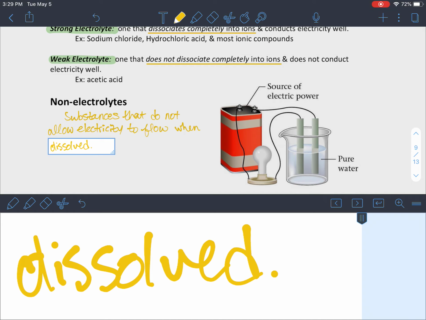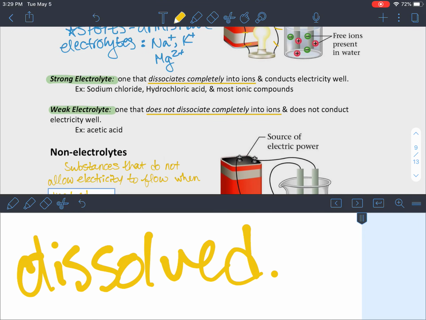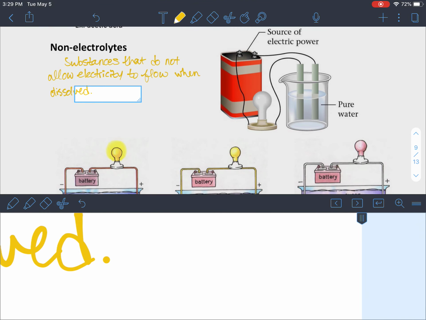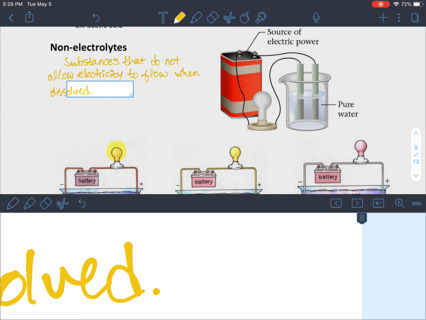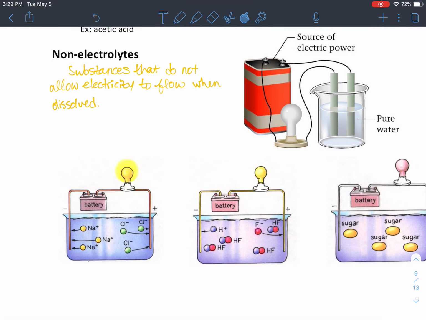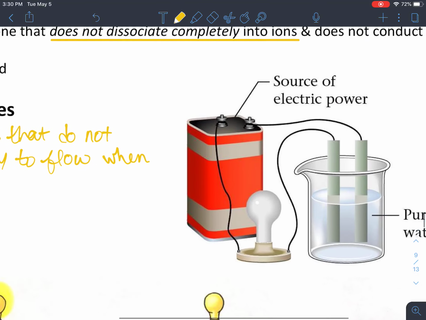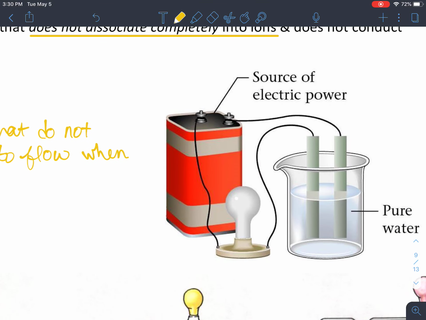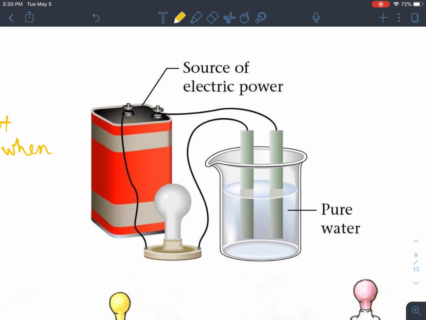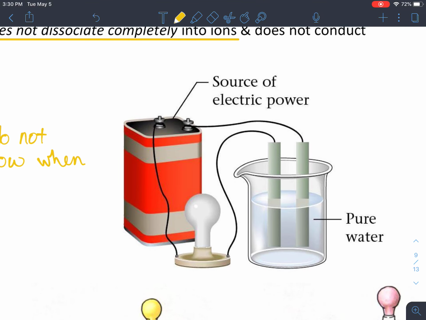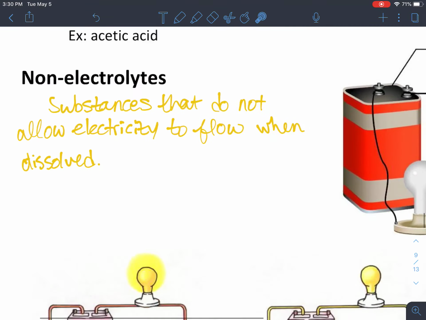Now, in what circumstance would a substance not provide ions when it's dissolved? Well, that's if it's a covalent compound that dissolves. For instance, water is polar and sugar also has polar portions in it. But when sugar dissolves, those molecules are simply separating from each other. They are not dividing up into separate ions because originally they were just polar covalent. Now, because you don't have something separating into individual ions, there's no flow of electricity,